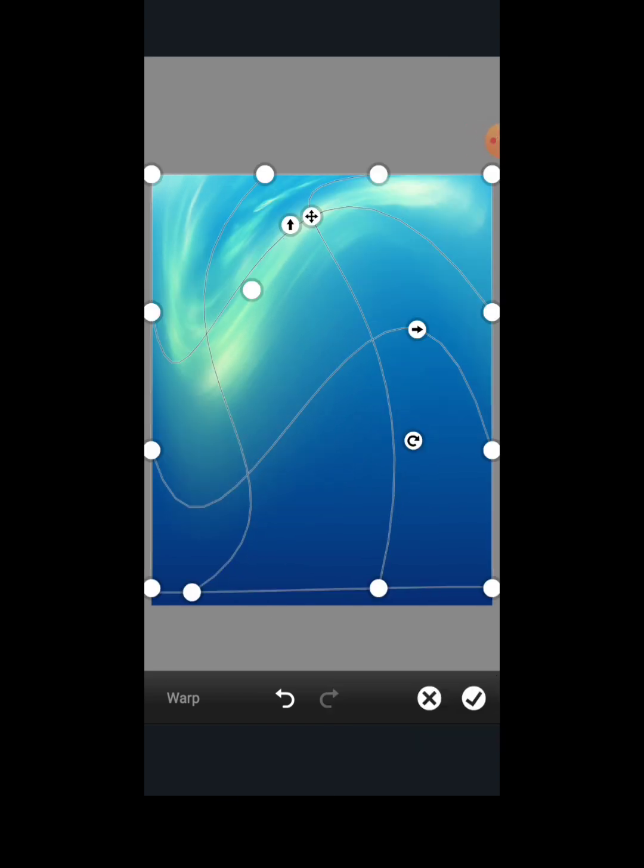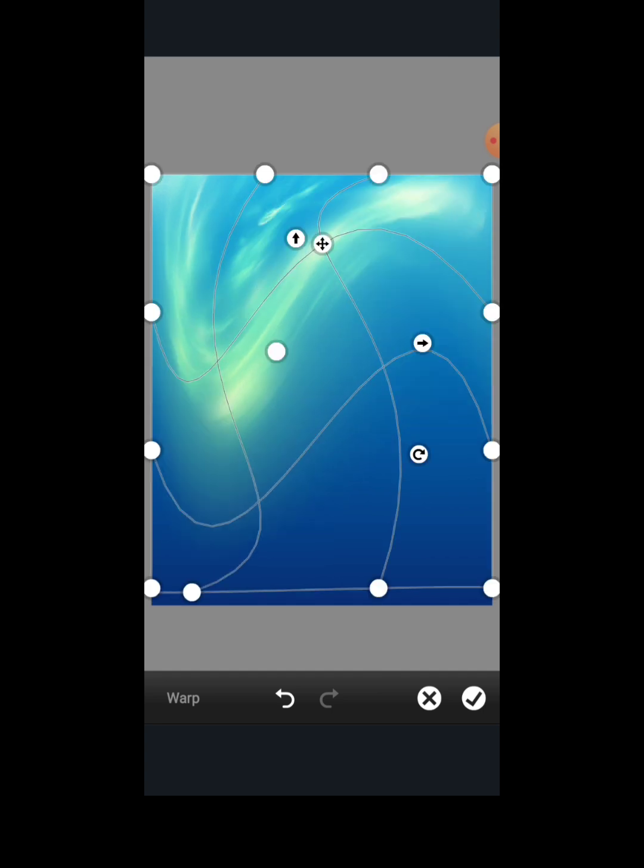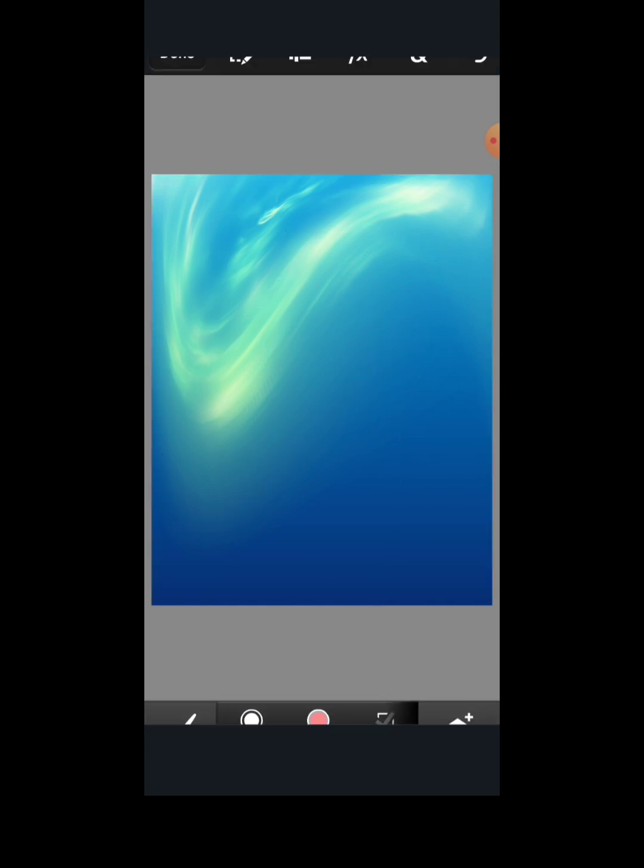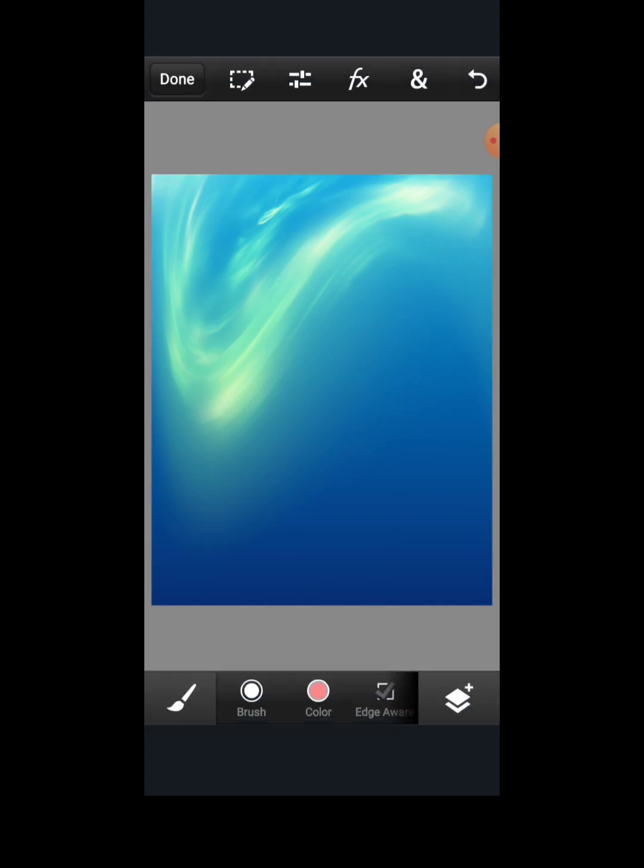Good. So we have something like this. You can just adjust this to your taste. Alright, good. So click on the check mark and our background is ready. So the next thing you're going to do is to click on done